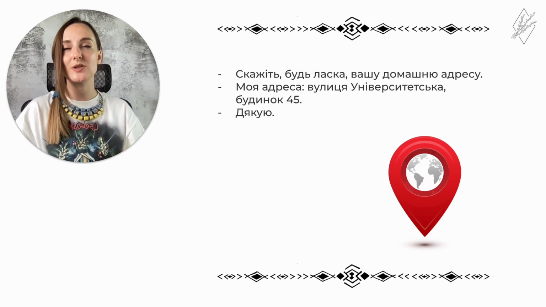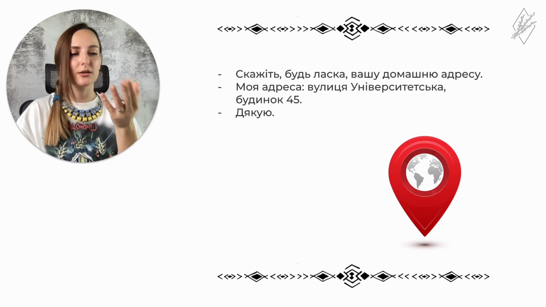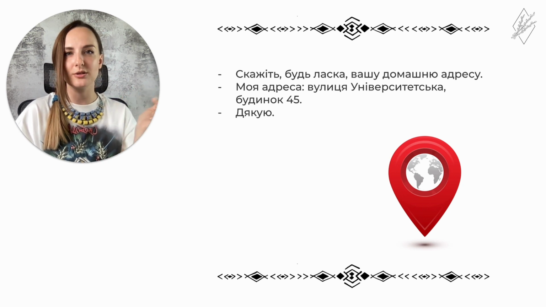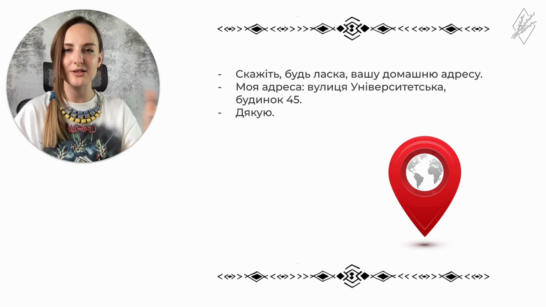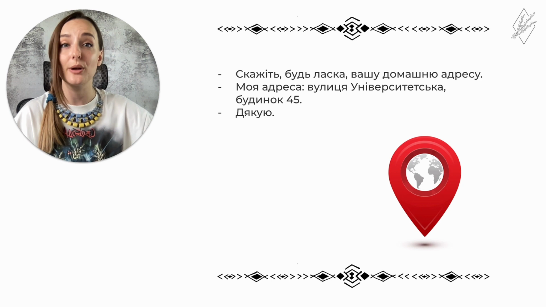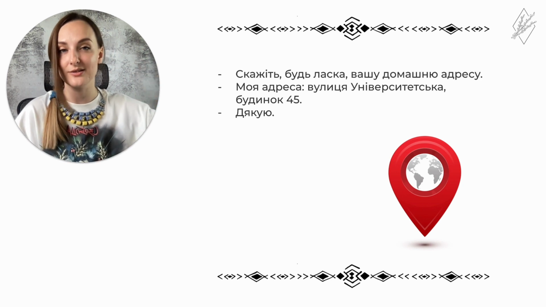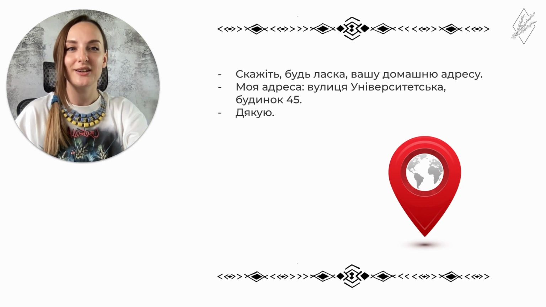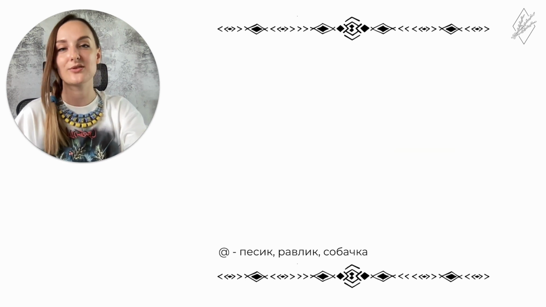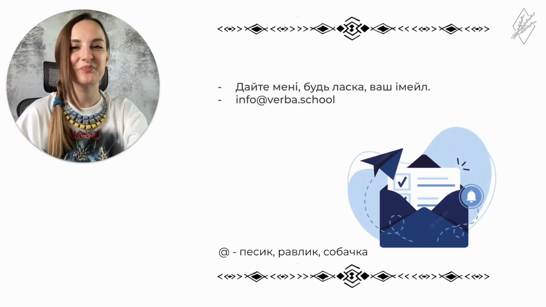Usually, when we just say it, we don't say the region, the city, the code, or anything like this. We just say the name of street and the name of house. Could be also apartment's name, квартира, and its number. Дякую. Okay, so I hope this is clear. You can train how to say your address and go on with it.